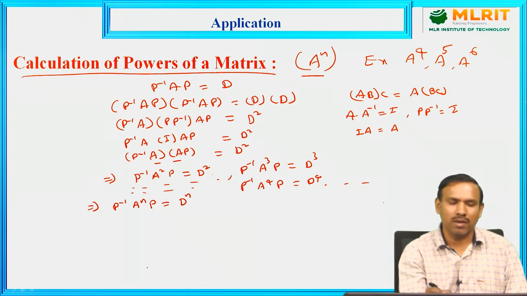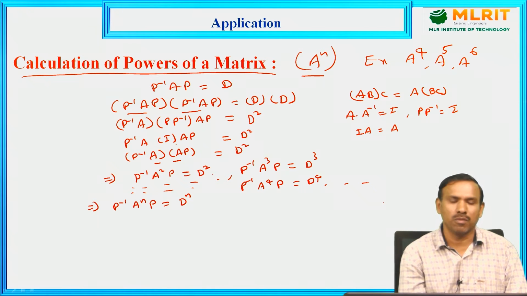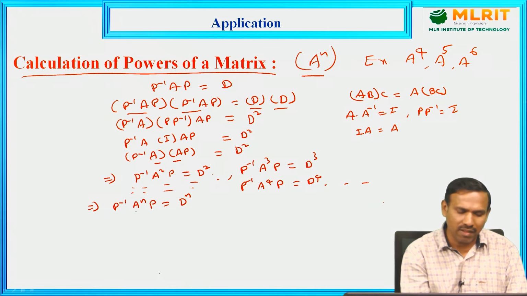Continuing the same procedure, multiplying 2 times I get A square, 3 times A cube, 4 times A power 4, n times I will get A power n. Simultaneously, D is multiplied on the right side, that will be D power n. But I want only A power n. Then, to cancel this P inverse and P on both sides,